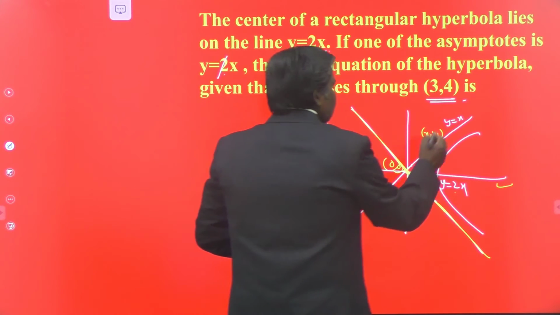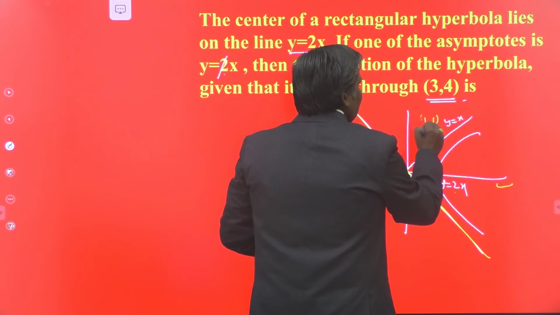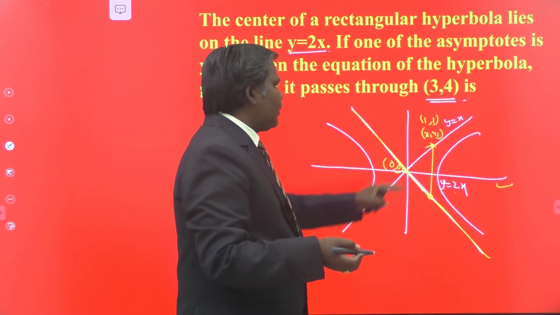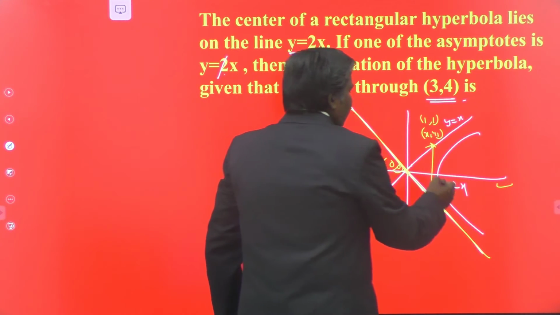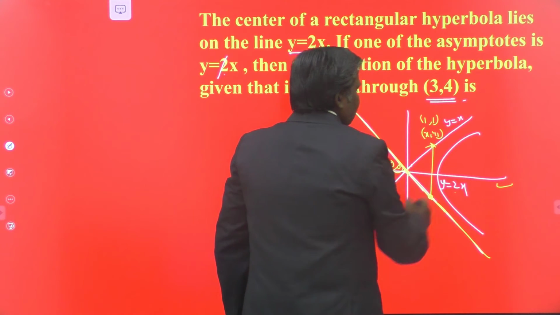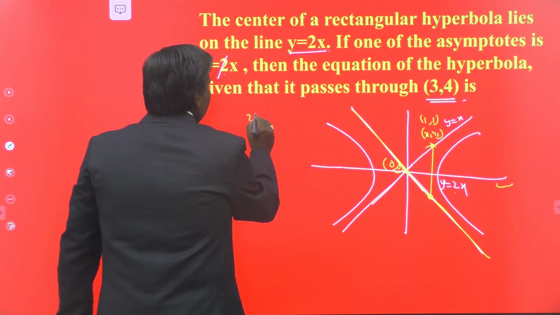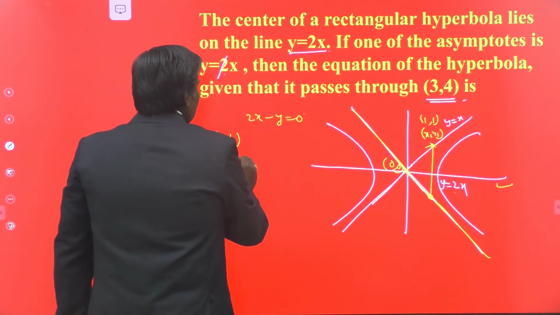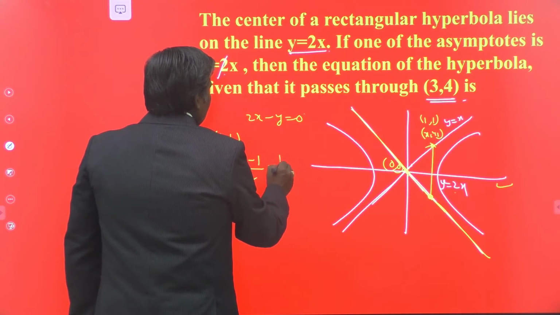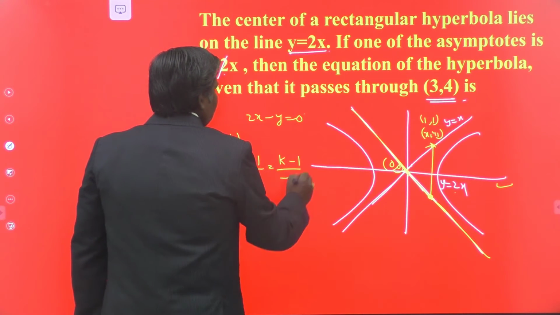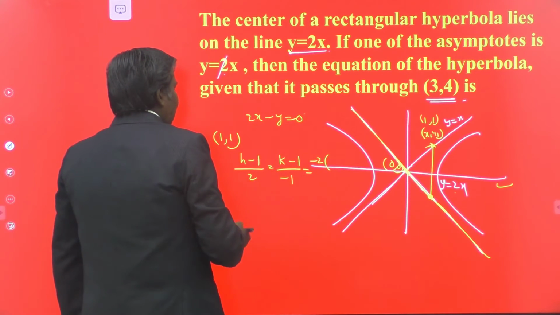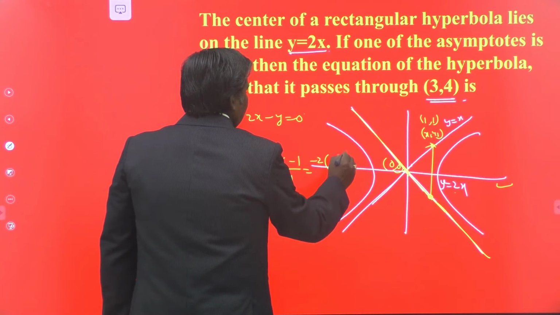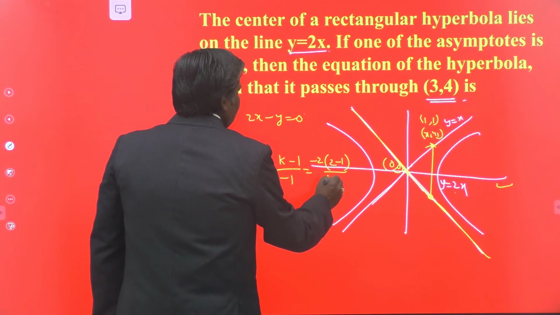So if you take any point, say x1, y1, or say 1, 1, it always lies on y is equal to x. You may take 2, 2, whatever it may be, both coordinates are equal. So you just find the image of 1 comma 1 with respect to 2x minus y is equal to 0. This is the line 2x minus y equal to 0. This is the point 1 comma 1. So (h minus x1) by 2 is equal to (k minus y1) by minus 1 is equal to minus 2 times (a x1, that is 1 into 2, 2, plus b y1, 1 into minus 1, that is minus 1, plus c, which is 0) by (a square plus b square, 4 plus 1).